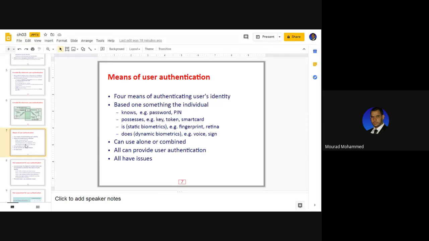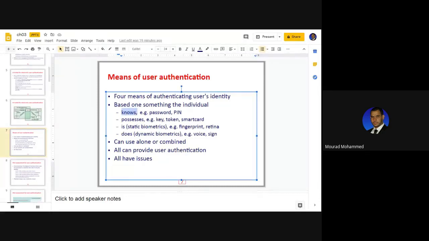Authenticating a subject versus system, we said, and here we repeat again, you have to utilize a means, let's say, a tool. You have to stand on something. To be authenticated means you know something, or you possess something, or you are something, or you do something, or you do all of them, or all four of them. You know and you possess and you are and you do, or some parts of them, you know and you possess only, or you know and you are something, or you do and you are something. Depends. But at least the minimum requirement to be authenticated, you use one of the means here.